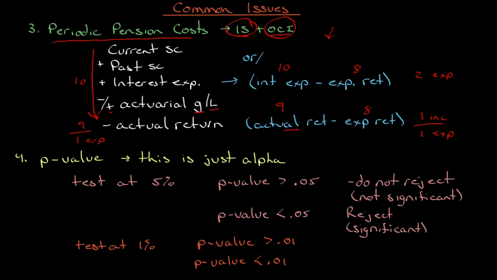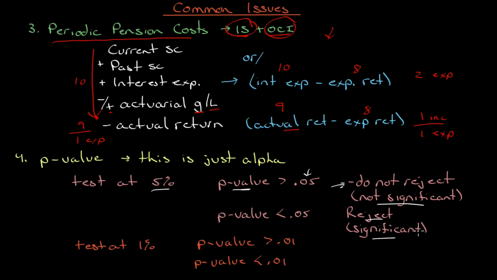Next, the p-value. This seems to cause candidates a lot of trouble. P-value, this is just an alpha. Think of it as just alpha. So if we're testing alpha at 0.05, the p-value is 0.05. So any p-value we get greater than 0.05, we do not reject. In other words, it's not significant. If the p-value is less than 0.05, we reject because we have significance. That's all we're doing. If we're testing at 5%, we would reject the null hypothesis for anything less than 5%